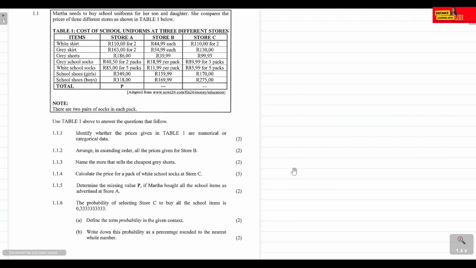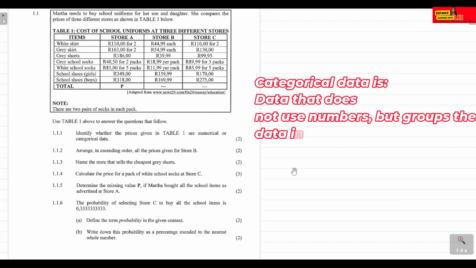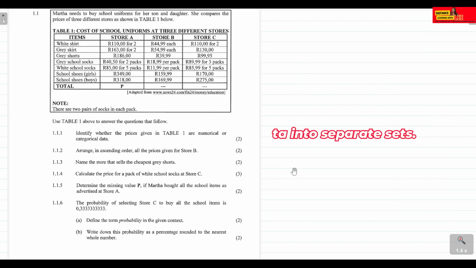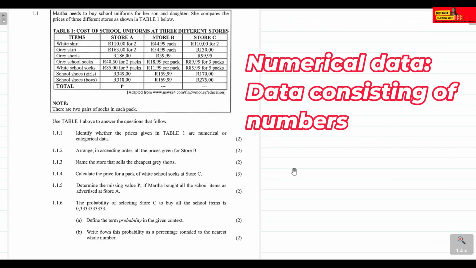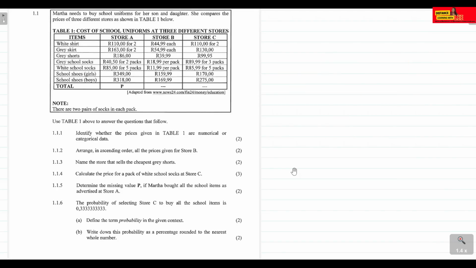We already know that categorical data is a type of data that does not use numbers but groups the data into separate sets. However, numerical data is data that consists of numbers. So in this case, because the question says identify whether the prices given in table 1 are numerical or categorical data,